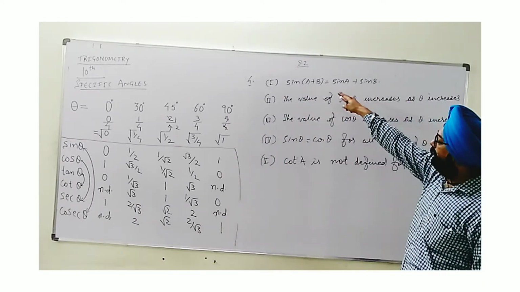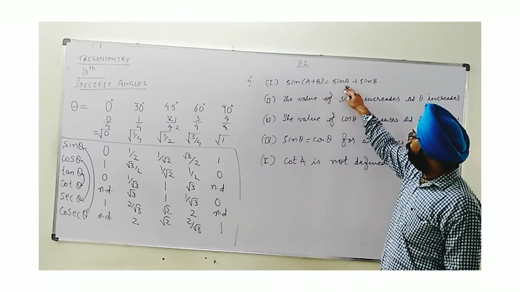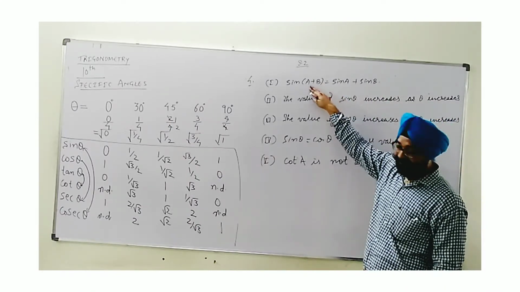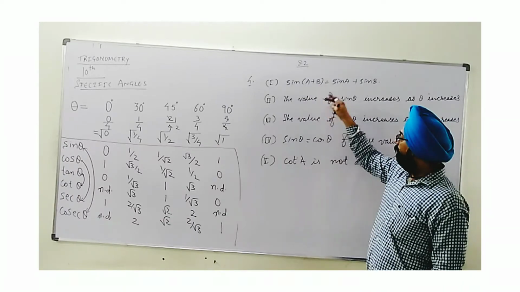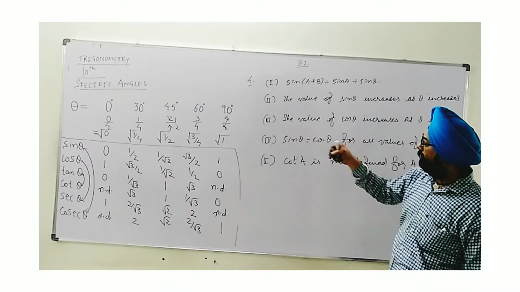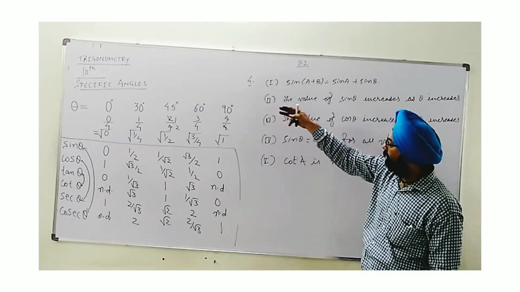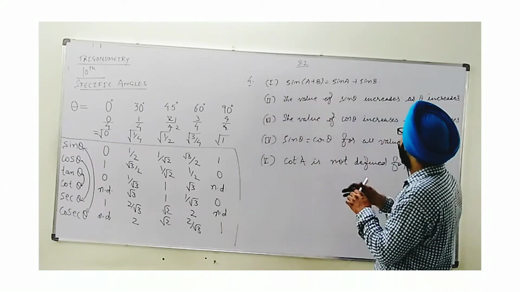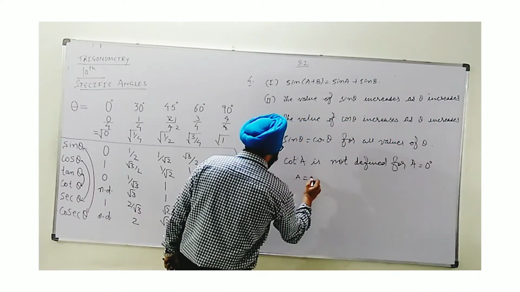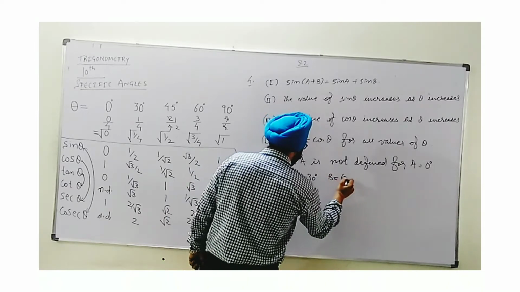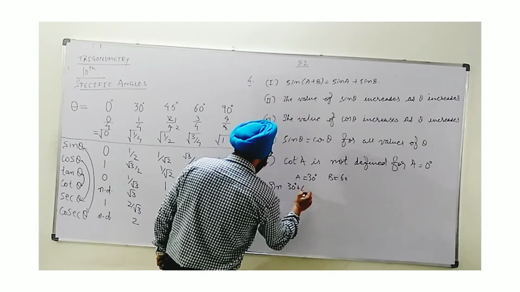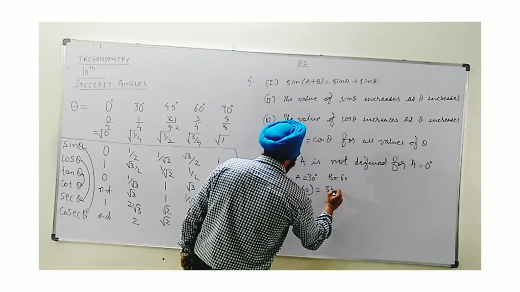First one is saying that sine of A plus B is equal to sine A plus sine B, whether true or false. Meaning when you add up two angles A and B, then if they are taken separately with sine, that must be the same. So let's take for example two angles from there, 30 and 60. So sine of 30 plus 60, if I take LHS, I solve. For the first one, I consider A as 30 and B as 60. So LHS will be sine of A plus B, meaning 30 plus 60 degree. This comes sine 90 degree.